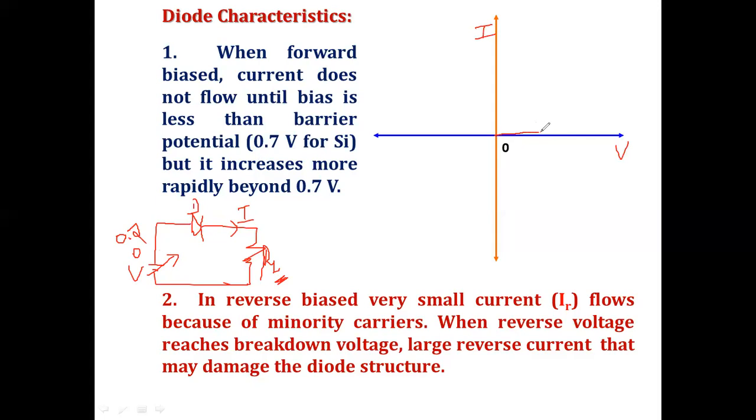As we increase the voltage, there will be only a little leakage current, up to 0.6, 7 and so on. After 0.7 what will happen? After 0.7 the barrier potential will be completely zero and suddenly what will happen here? We consider 0.2, 3, 4, 5, 6, 7, and after that the current will suddenly increase like this. Actually, let's take the full diagram from here.